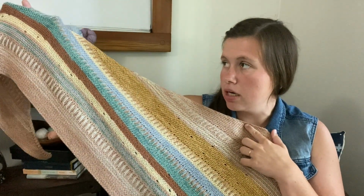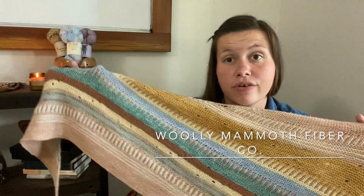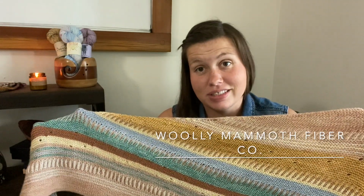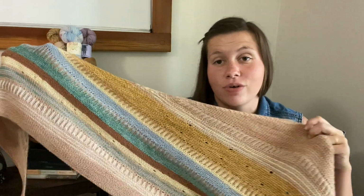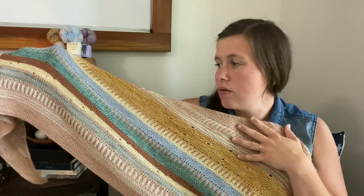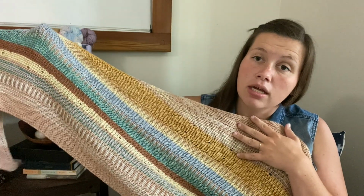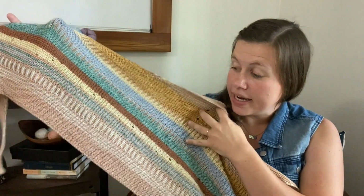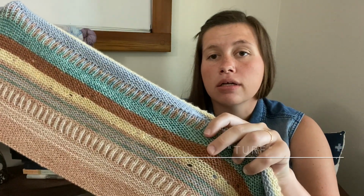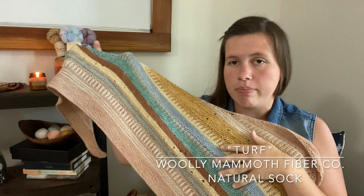So I was really inspired by Emma from Woolly Mammoth Fiber Co. Her Color Craze shawl. She made kits for it quite a few years ago, and I loved hers. But at the time I couldn't afford her yarn, at least not a whole kit of it. And so Laura and I got to have fun and create our own colors. This dark orange actually is from Emma. This is her natural sock, and it is in the Turf colorway. We originally dyed up a light pink to go right there,